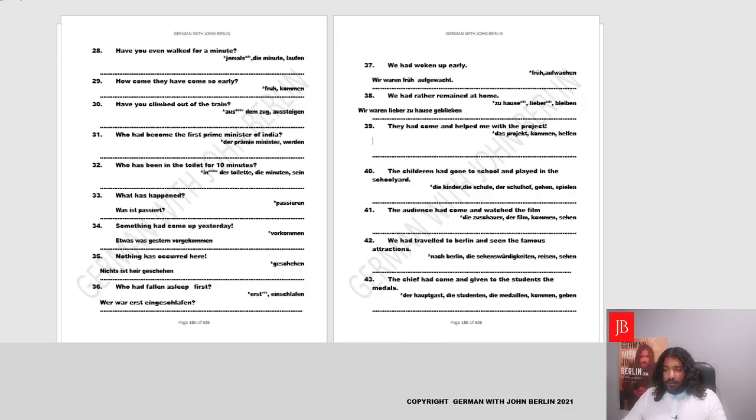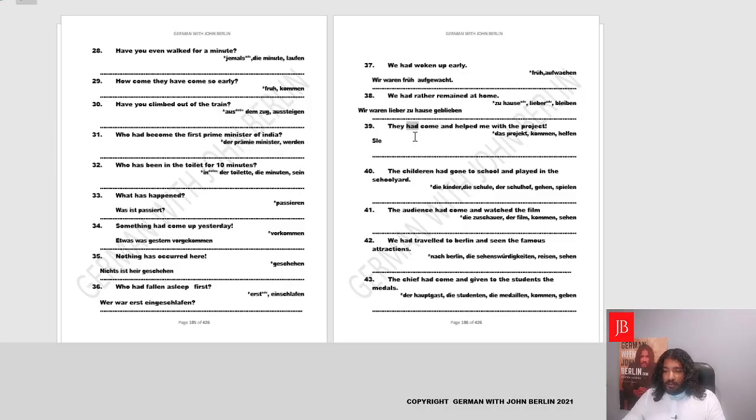First is with movement, the other isn't with movement. That means we have two words, come and help. Basically we'll need two helping verbs here. So who had come? They, which is ich, du, er, sie, es, wir, ihr, sie, sie, the little sie at the beginning of the sentence written bigger, so it's written capital. So they had come. Looking at the verb come, we'll determine the helping verb is sein.